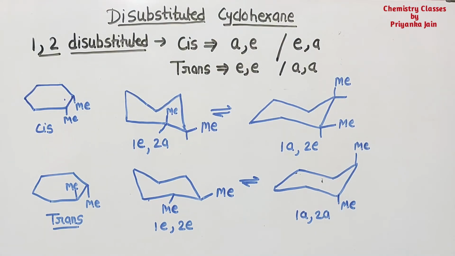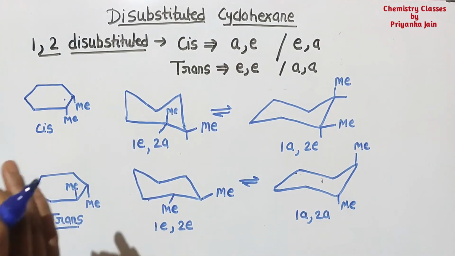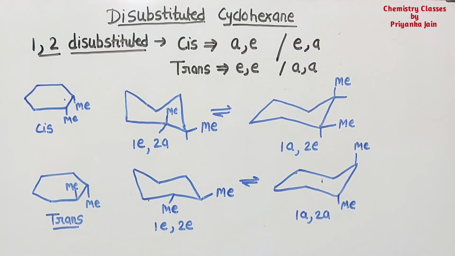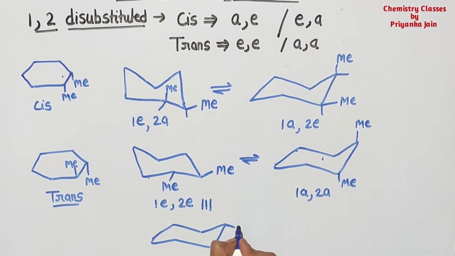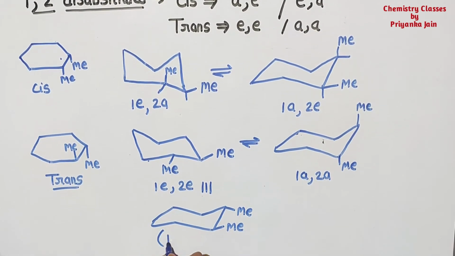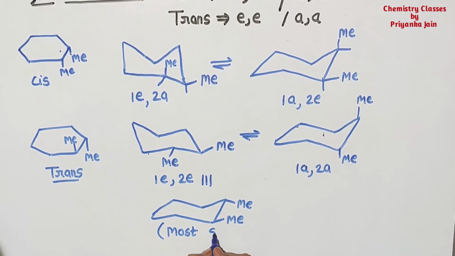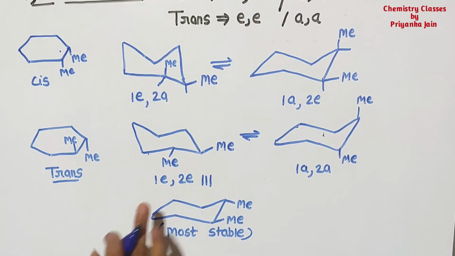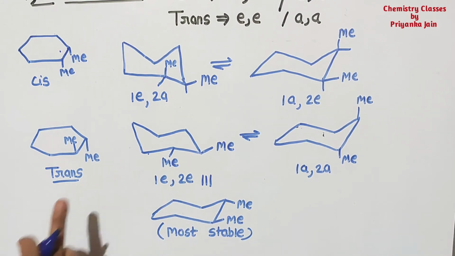Now the question is this: which out of these conformations is the most stable? And this is the question that is asked in the question papers. So if you look at this, this is one equatorial, two equatorial, both the methyl groups are at the equatorial position. And this can also be made in this manner. This is one methyl group and this is the other methyl group. Okay, so this will be called the most stable conformation. So what is the most stable conformation in 1,2 direction? Whenever 1e 2e trans form is present, this is called the most stable conformation.